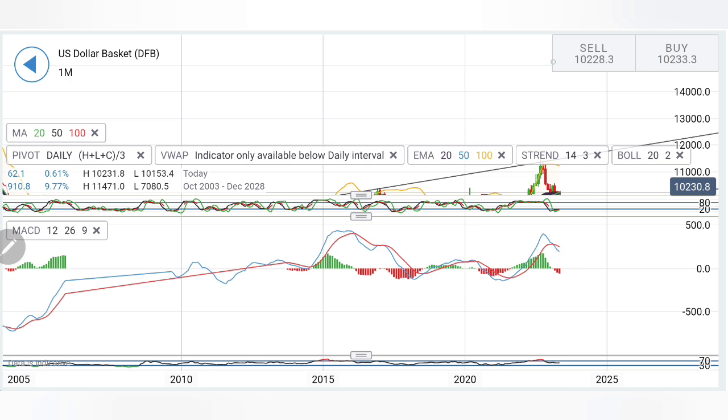Now, potentially for now, it is trying to retrace a little. However, I will not consider this as bullish till the time it crosses over again on the monthly charts and starts to look upwards. Now, see, this bearish cross has happened after a strong long bullish run, and that is where I am confident that there could be a potential that it can stretch the bear run for a little while.